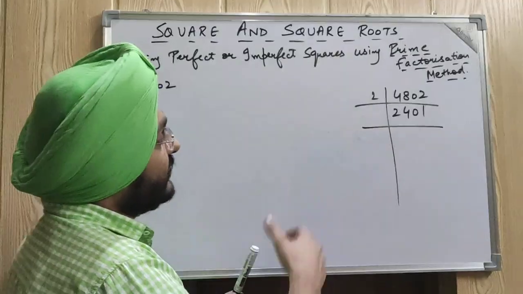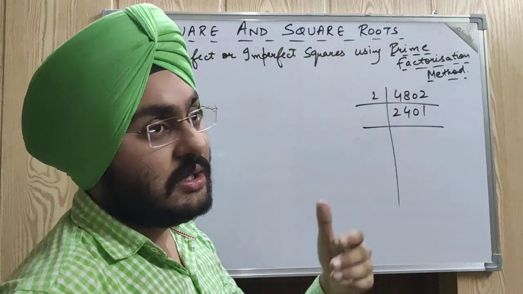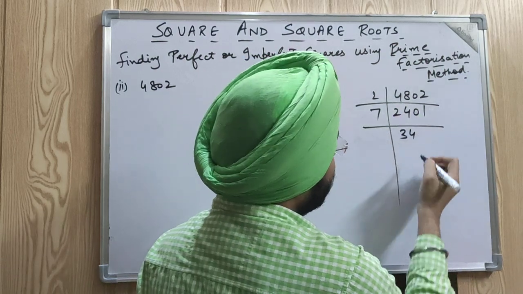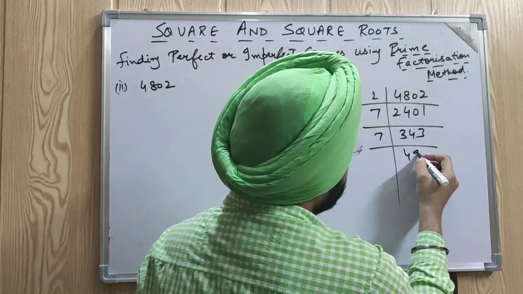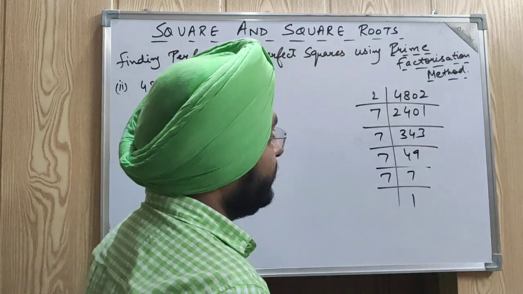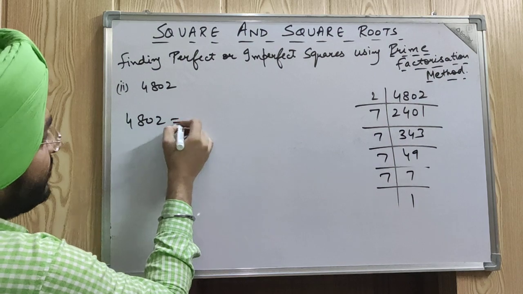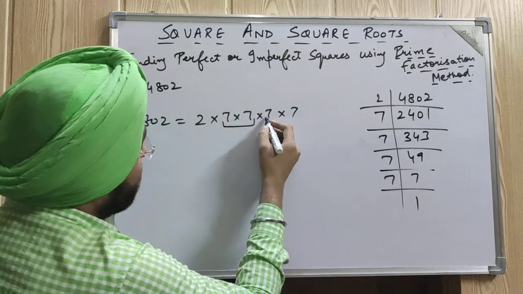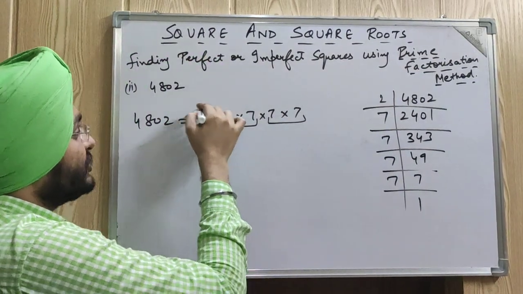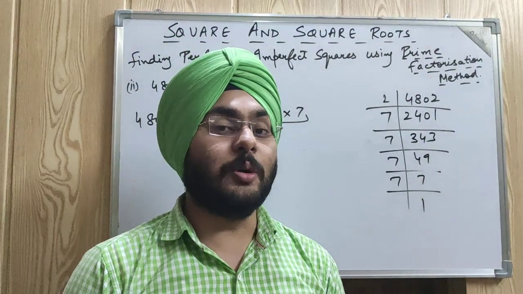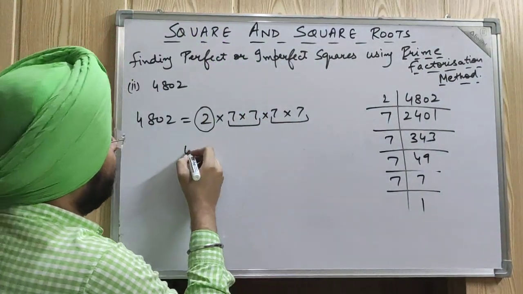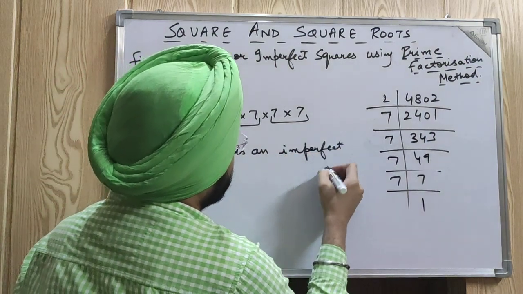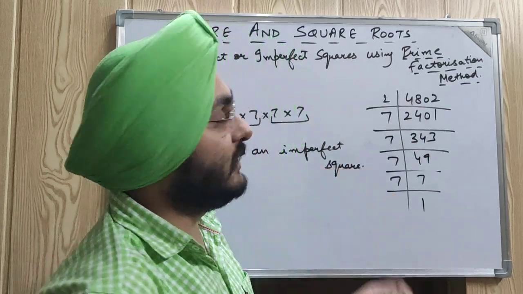So next I can be saying here this number is not going with 3. I can try with 7 here. So 7 3 21. Okay, so this will be 30. 7 4 28 21. Again 3 7 49 7 7 and 7 1. So can't I write this 4802 as in this way? 2 into 7 into 7 into 7 into 7. Okay, this 7 is making the pair, this 7 is making the pair, but this 2 is left alone here. There is no pair of 2. So in this case I will be saying 4802 is an imperfect square. So in my opinion you are clear with how to find the perfect or imperfect square.